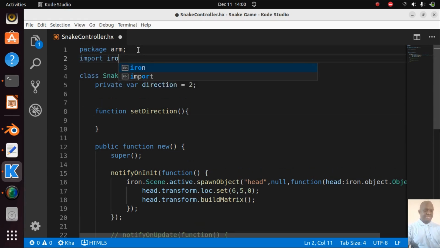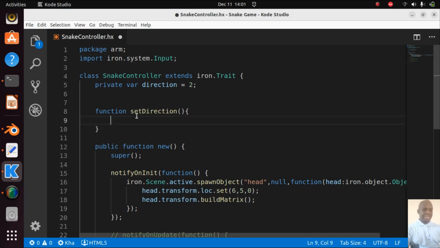Import kha.input, sorry, iron.system.Input. This is the class that has all the controls and the listening. What we are now going to do in this function is use this Input class, which has a method called getKeyboard. We will make our game for mobile also, but for now we are targeting PC. Then we want it to trigger when the player, let's say, releases the key. So released,